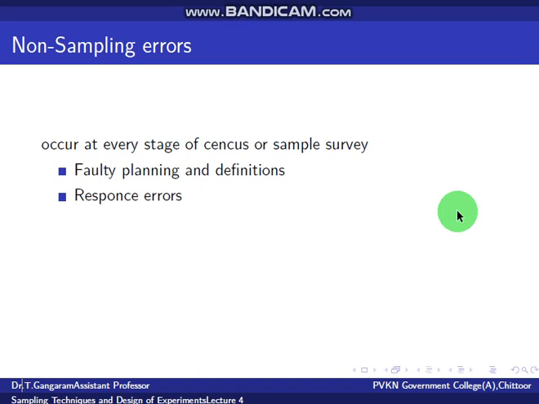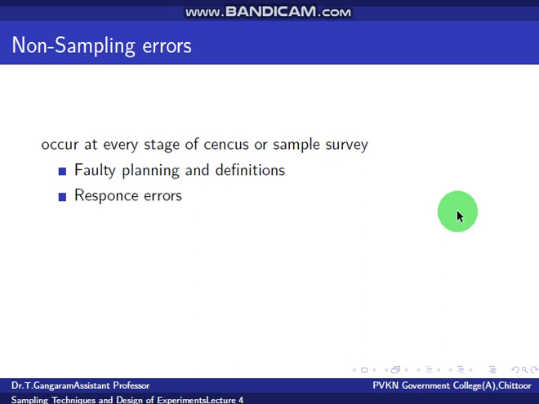Prestige error. Sometimes the respondents may give wrong information intentionally. The pride and prejudice of persons interviewed adds a new type of error called prestige error. In order to safeguard his self-interest, he may give incorrect information. For example, a person may upgrade or downgrade his income, education, occupation, etc.